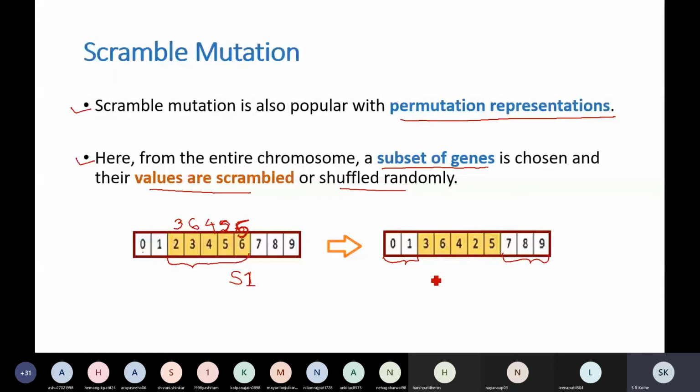For example, here you can have 2, 3, 4, 5, 6 like this also after performing scramble mutation. This will also do. So this is S1 dash. What we have to observe here, 0, 1 as it is, 7, 8, 9 as it is, and this part we have scrambled.